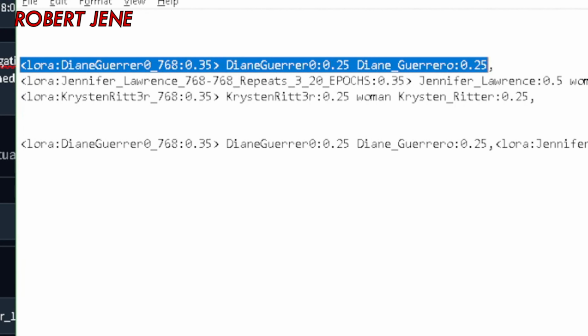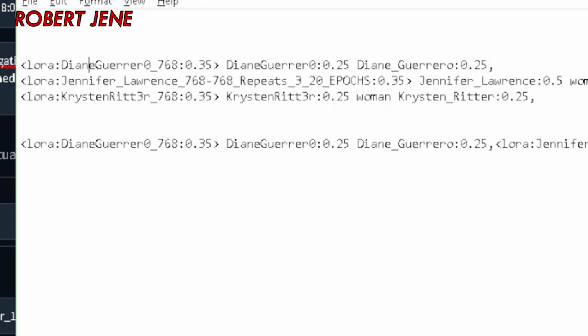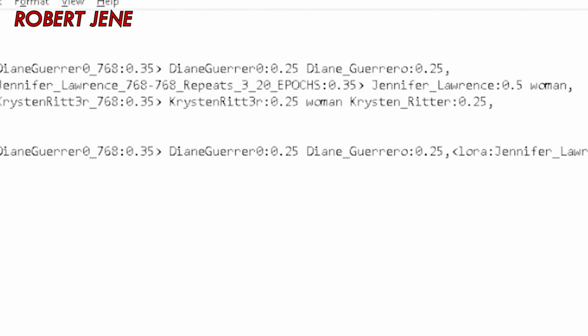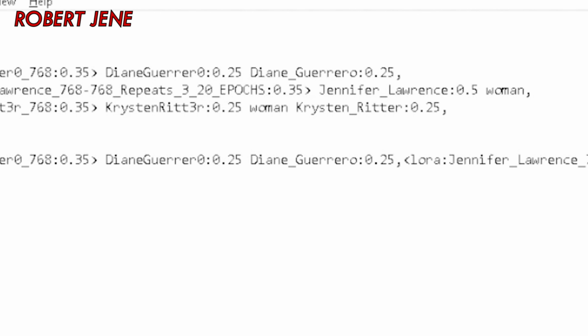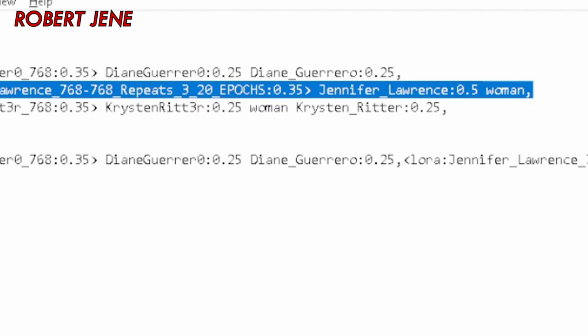But check this out. I'm testing 3 different faces to see what would happen if I took Courtney Ford and combined her with Diane Guerrero, or Jennifer Lawrence, or Kristen Ritter. So check this out. All of these LoRAs, I put a 0.35 right there and right there. Diane Guerrero got a 0.25 and a 0.25. Kristen Ritter got a 0.25 and a 0.25. But Jennifer Lawrence, I put a 0.5 here